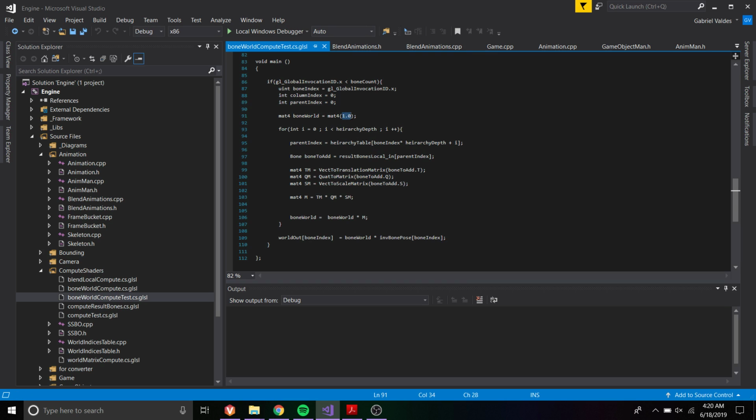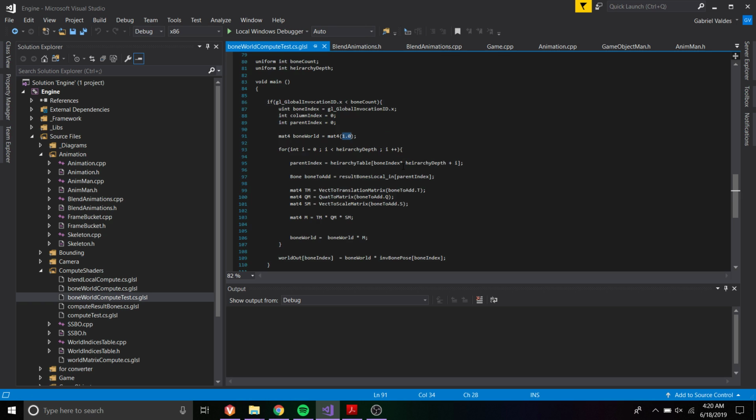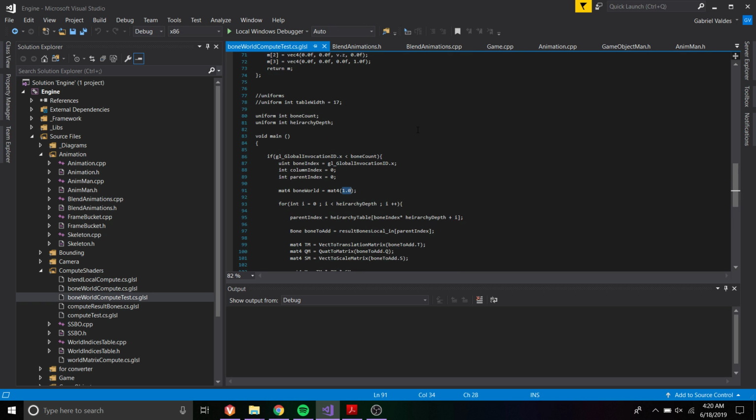This is just for making sure that it's identity if it's not the right place. And then you go through, you find the correct matrix in the hierarchy table, right? The right index, and that's the parent's index. Using that index, you go into the result local bones in, which is the matrix of,